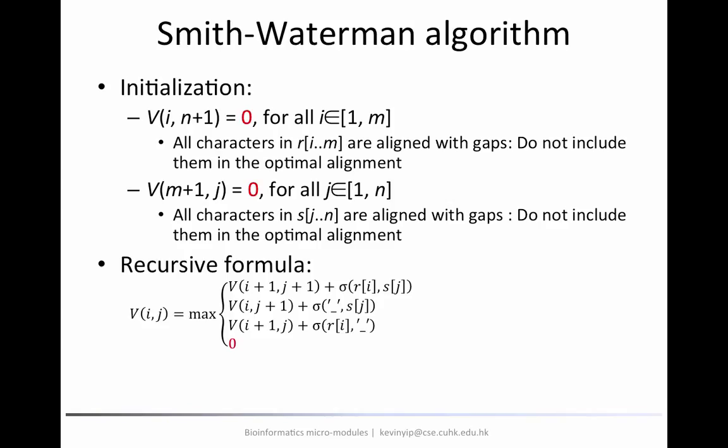And in terms of the recursive formula, the form is very similar to the global alignment case. The only change is that if the final number after comparing the three directions is a negative number, we instead put down a 0 there. Finally, after filling in the values of the whole table, we want to look for not the upper left corner anymore, but the number that is the highest in the whole table, and that would be the optimal alignment score. Again, that is because we can cut out some characters at the beginning of the sequences, so we do not need to always look at the upper left corner.